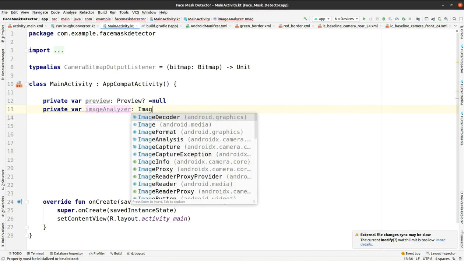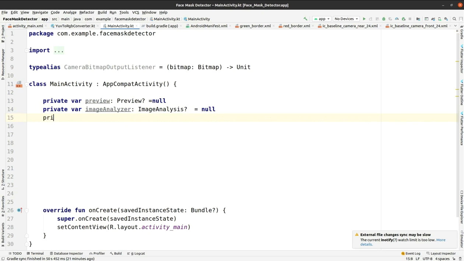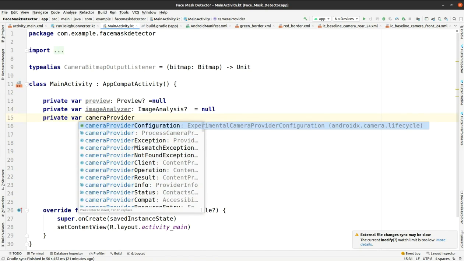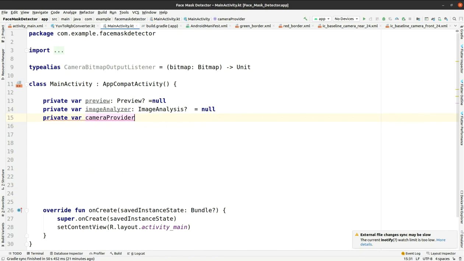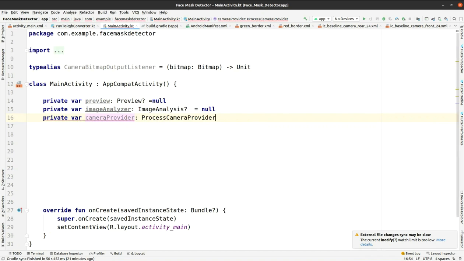That library we have implemented in the Gradle file. Again, one more variable here is the camera provider, ProcessCameraProvider from the library, nullable,